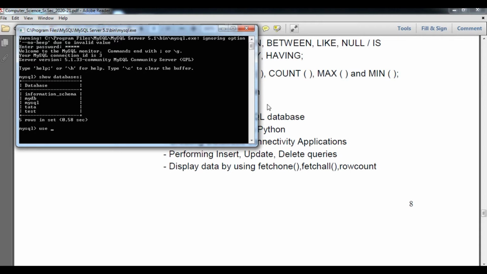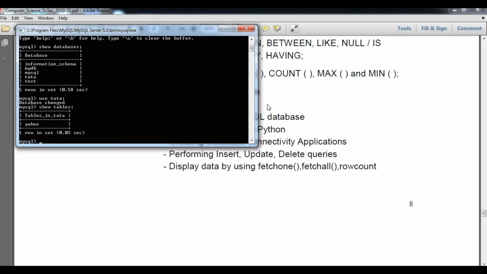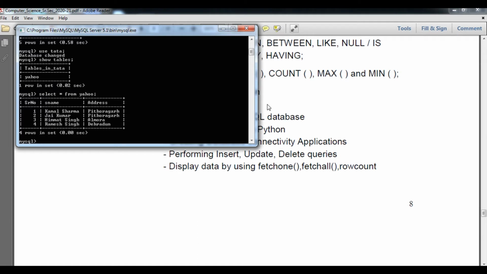So we are going to use the database data, and then after that we need to just see what are the tables inside my database. So show tables. So here is the Yahoo table. So I am going to see what is inside this Yahoo table. So select star from Yahoo. Now you can see the 4 records I have in my table.